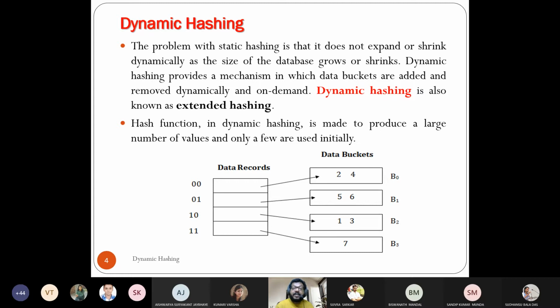So we try to develop a function where 00 goes to a location, that is bucket 0, and when 01 comes, a new bucket is to be created, and let that bucket be B1. Initially 00 and 01 will go into, let us say, a single bucket B0. Assume that B0 can accommodate 2 keys, but when the third key comes, the splitting takes place. Depending on the arrival of the keys, it splits the bucket into a number of buckets. That is the mechanism to be discussed.